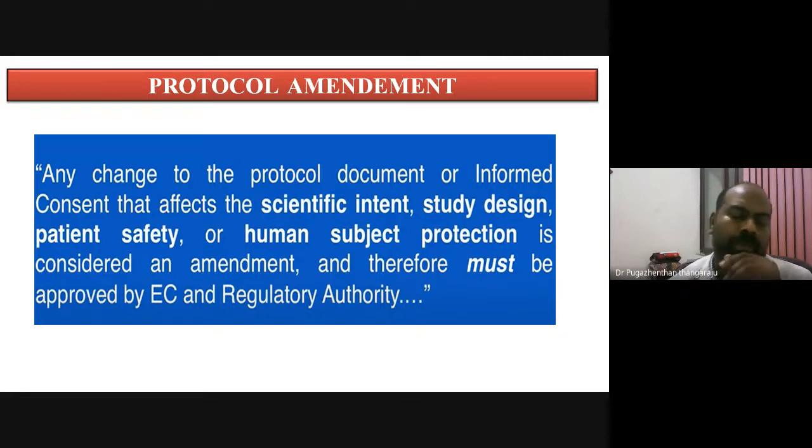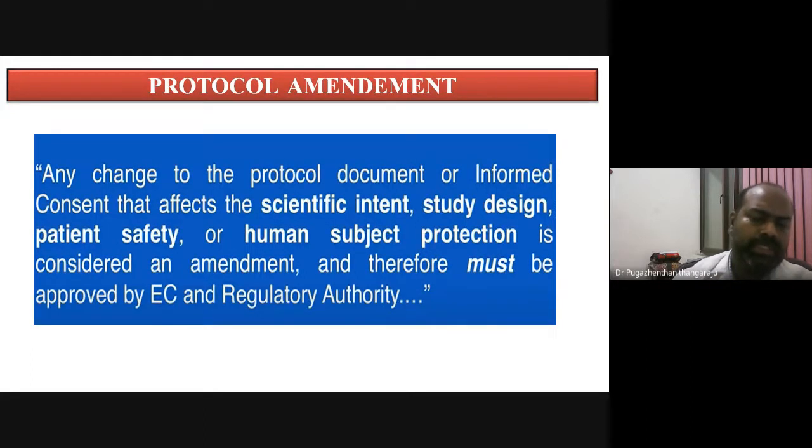Okay, so for protocol amendment, for example, you would have told 70 visits. But during the study you came to know that people are not coming at all, because the only thing is they cannot come to the institute. In that case, when you are looking into certain changes, you definitely have to